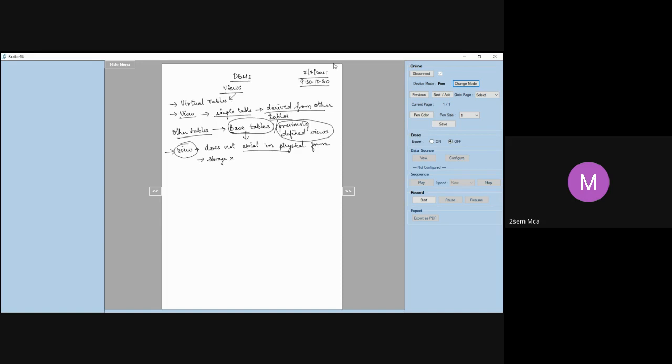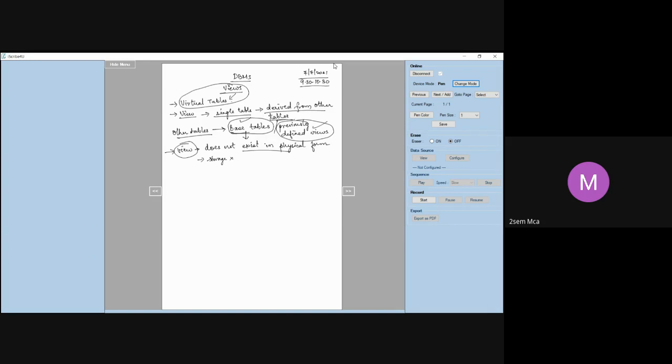Let me quickly summarize what I did till now. I said views are also called virtual tables. These two are synonyms, views or virtual tables. A view is nothing but a single table which is derived from other tables. These other tables are also called base tables, or you can also call them previously defined views.